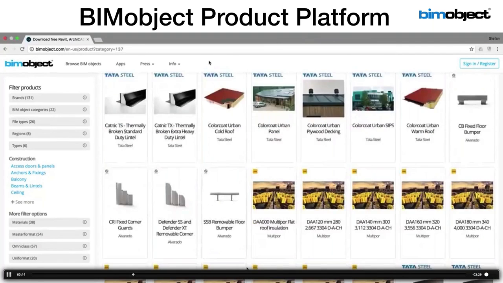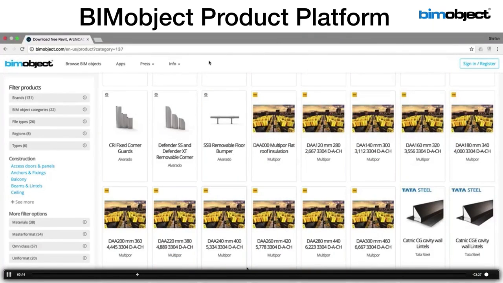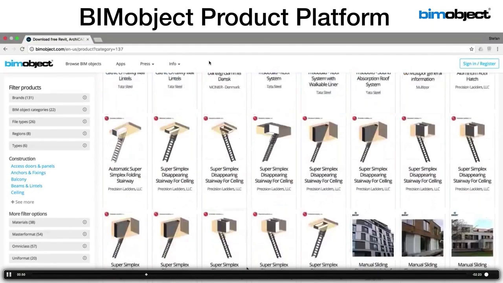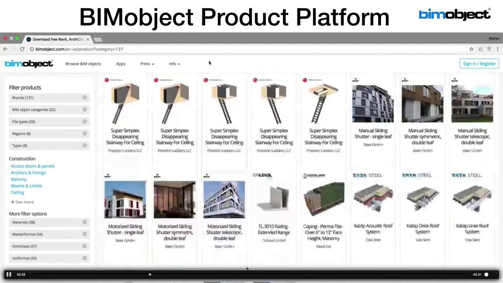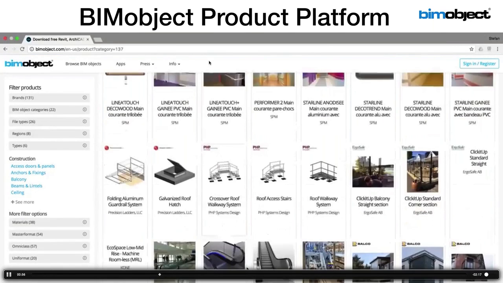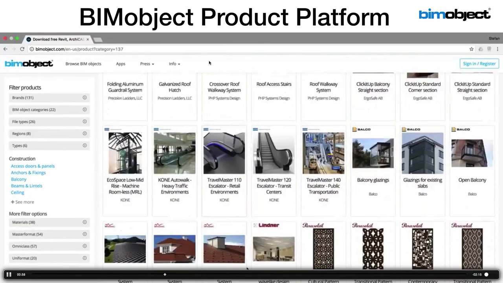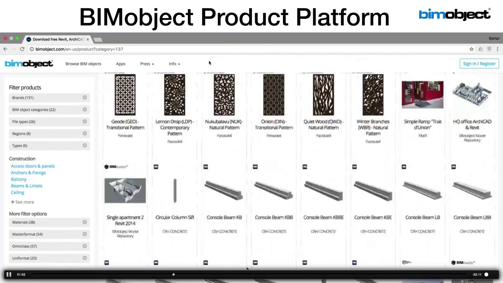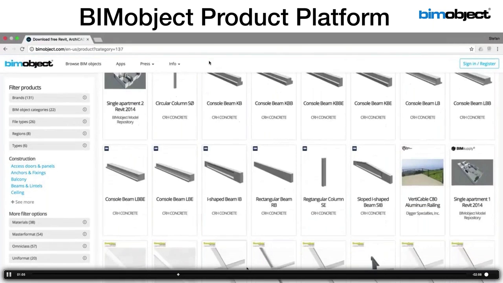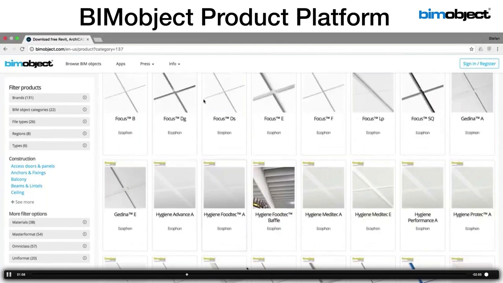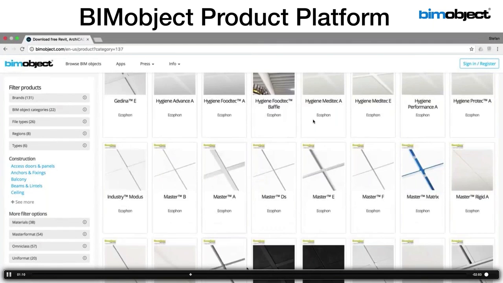Again, we're not specific to any one particular modeling platform. We are addressing interoperable content for the industry, and we are a software agnostic platform, so that this content can be utilized through any number of various file format types. Again, keeping your content relevant throughout the whole building process.